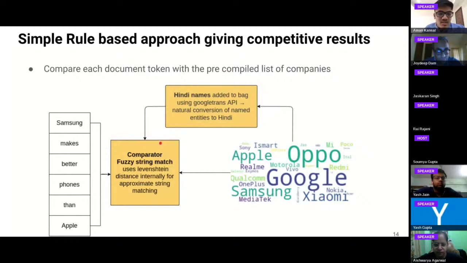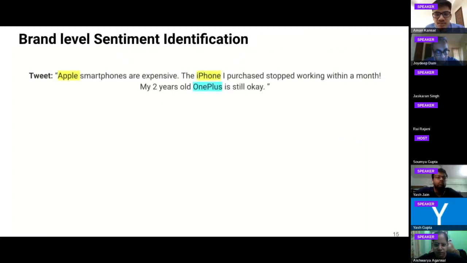we again did an approximate string match. The approximate string match here again counters any spelling mistakes, even those made by the Google Trans API. Also, we have some breathing space, and that's handled by the approximate string match, which again uses the Levenshtein distance internally. And once we have identified all the companies that are there in the text, then we feed it sentence by sentence to